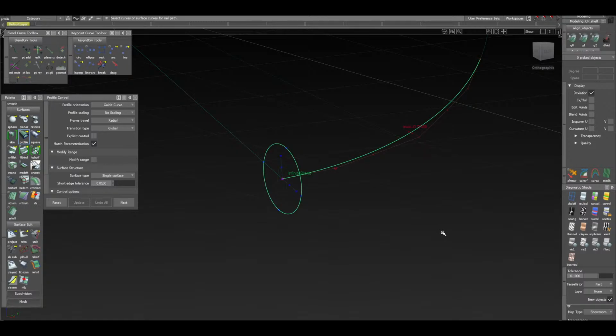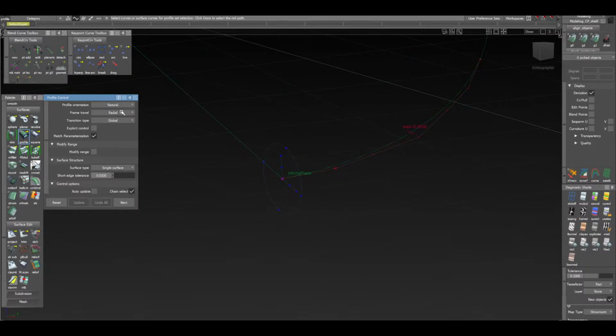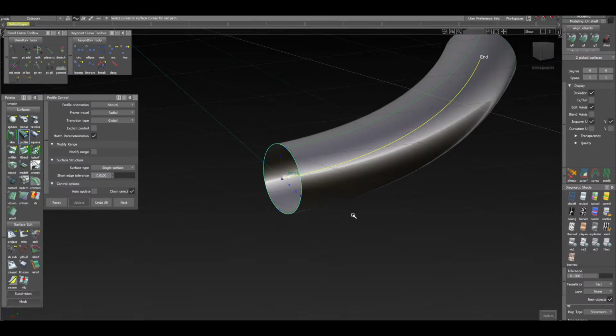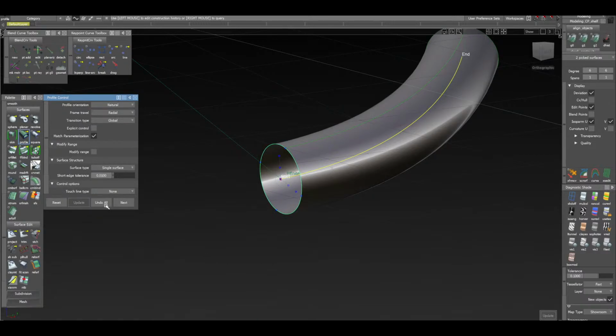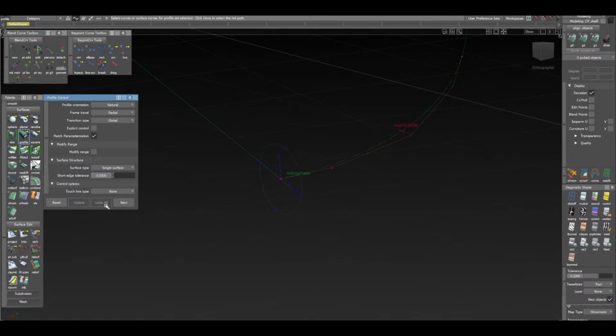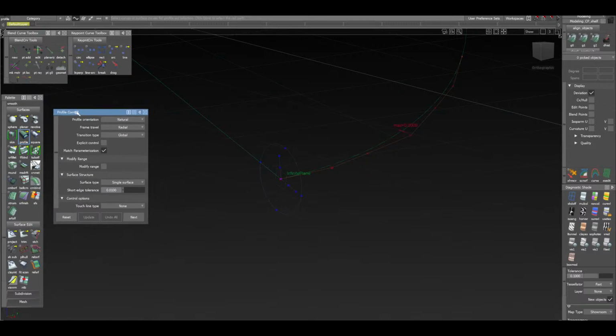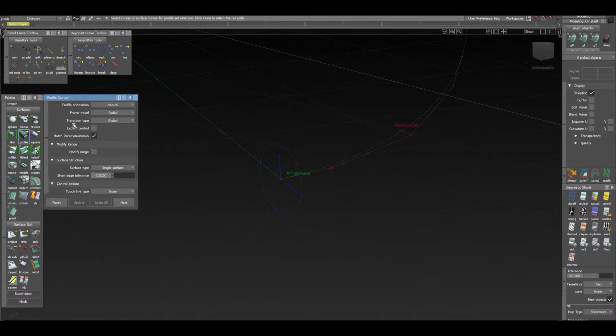Okay, so I got to redo this again. Okay, circle, done, and then it wants a rail path, which is our fit curve. Accept. Okay, so it wants another one now. So let's see. Natural. Okay, so we're going to fit curve, done. Okay, well, great. So it worked. This is a 6x6. I wasn't talking because I was thinking. It's hard for me to think and talk at the same time sometimes. Ha ha ha. Okay, so it's pretty obvious that I don't normally use the profile tool that often, but